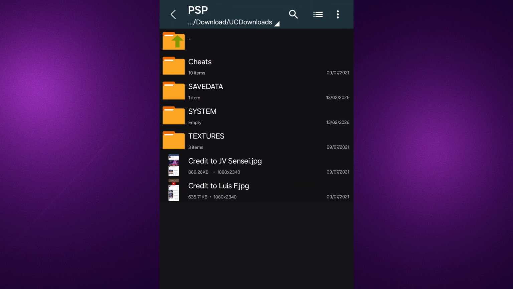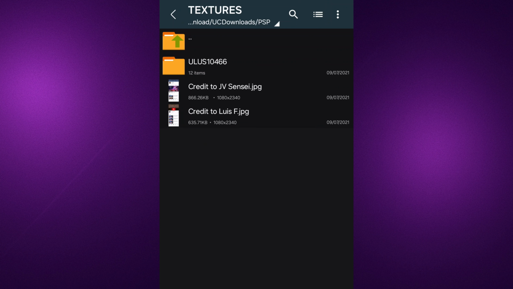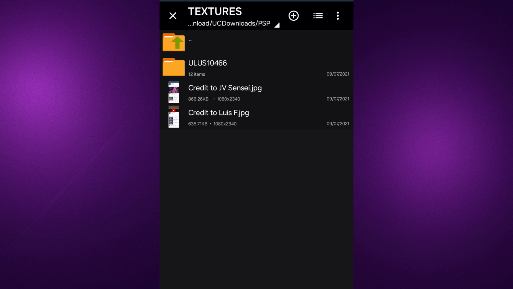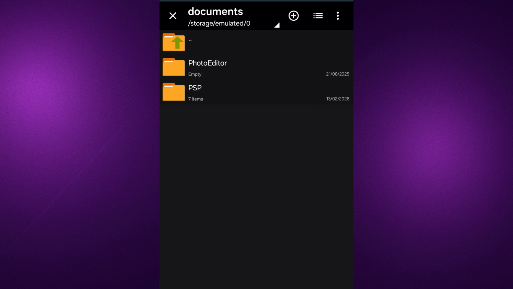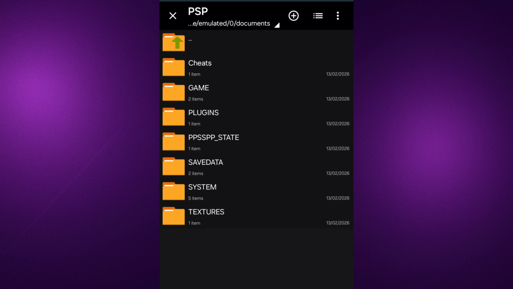Alright, we are done with save data, we are done with system. Let's go to the textures. So click on textures. All you have to do now, hold down on this folder, cut it, go back to your main directory,